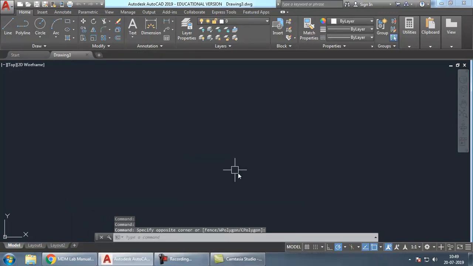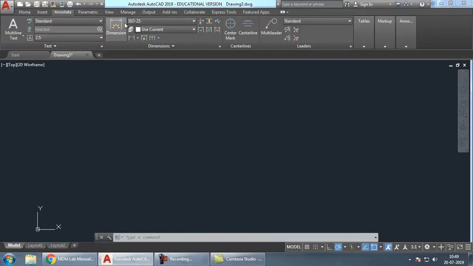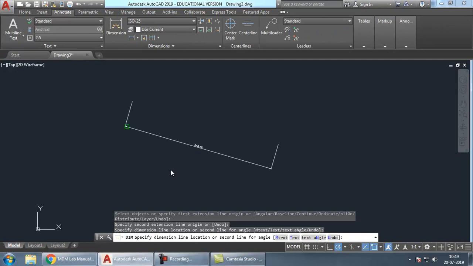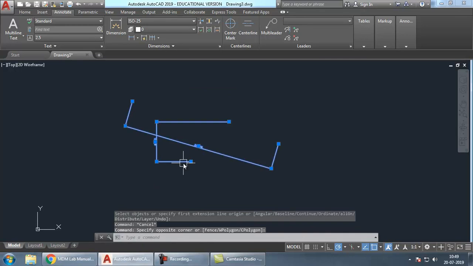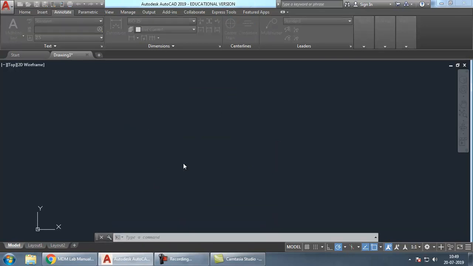So some of the people prefer to use the limits option, but the limits option is obsolete, because when we are using the limits option, the space available here in 3D is practically infinite. Just by setting the limits, we will not be changing things like the dimension, the size of the dimension text and other stuff. But if you are using the startup method and choosing from scratch, all the settings will be automatically decided. So take a metric file and you can start.